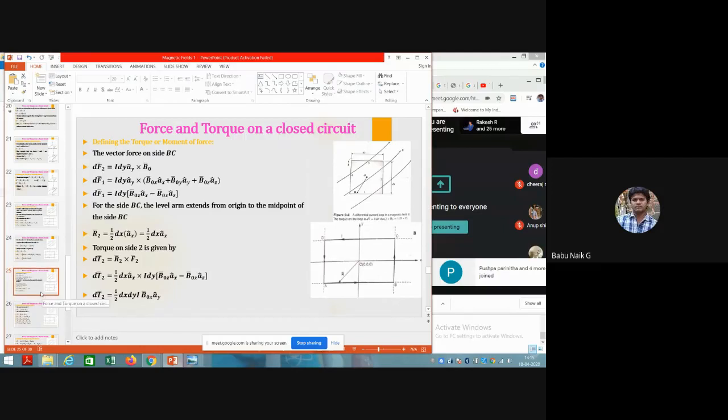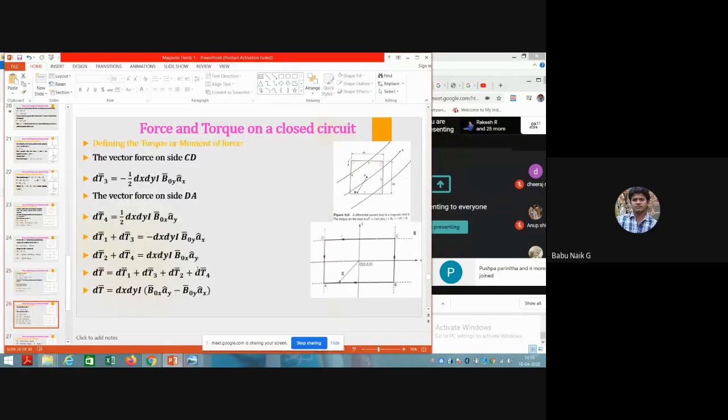In a similar way for the other one, on CD you will get the same as AB here. And for the CD vector side, the torque also will equal that of AB. So I have written the same thing as AB here. Now again you can take DA, which is equal to CB, and the torque you will get is the same thing. So that is dT4 and dT3, one in the y direction and one in the x direction.